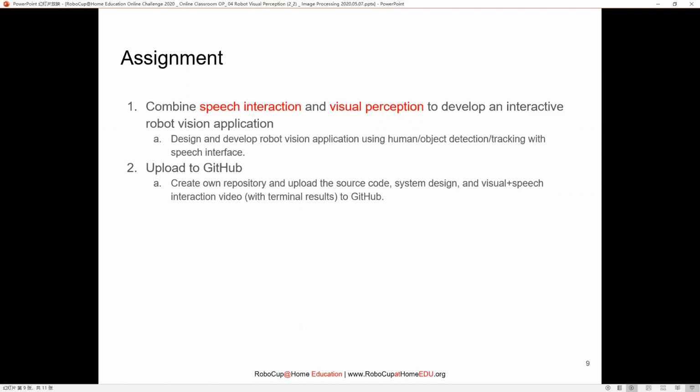Another thing you can do is tracking. If you have robots, you are able to run the wheels, and then you can track a ball. For example, you have a red color ball, and you want the robot to follow the red color ball. You can do that with the things that we have as well. And you can add in more, because you can incorporate and combine with speech to make your robot understand some new concepts. For example, you can teach the robot about colors,